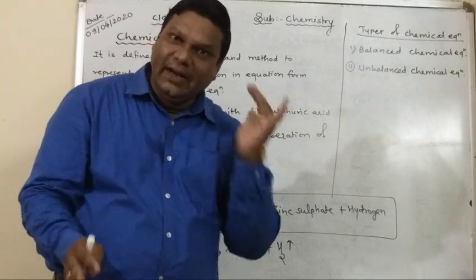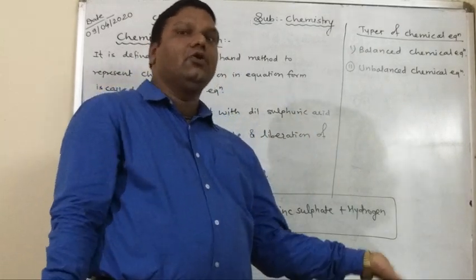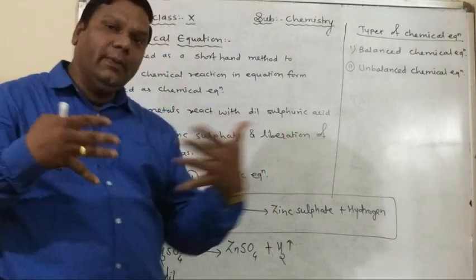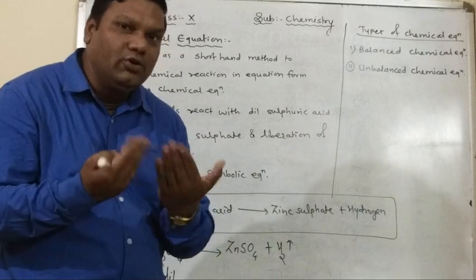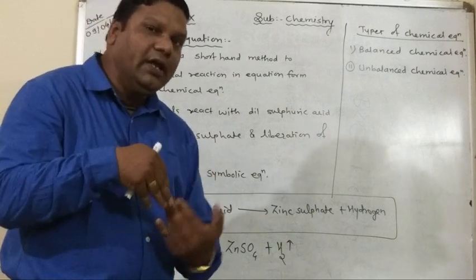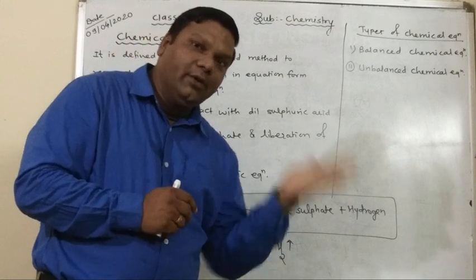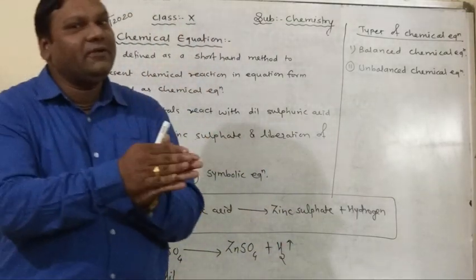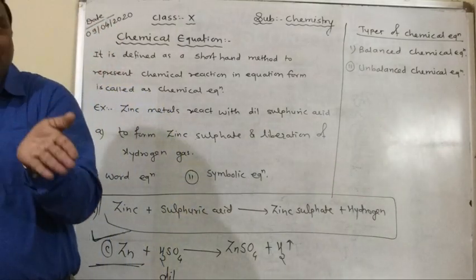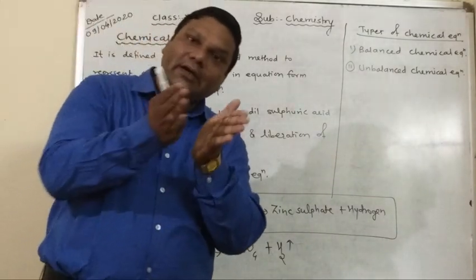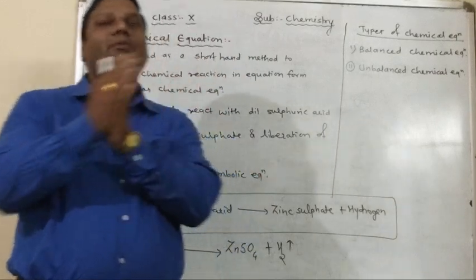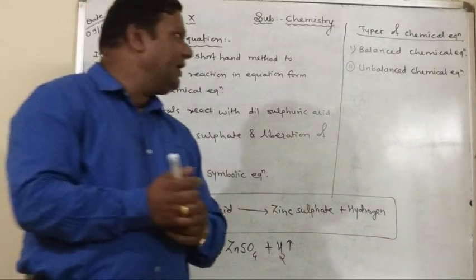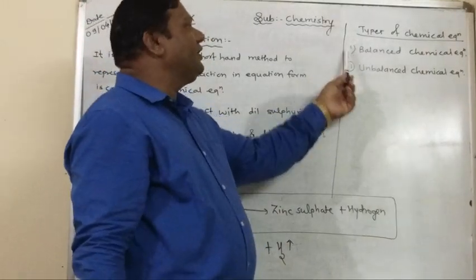That is, mass can neither be created nor destroyed. How is that possible? It is only possible when the number of atoms on the reactant side and the product side are the same, then the mass will be the same, and hence